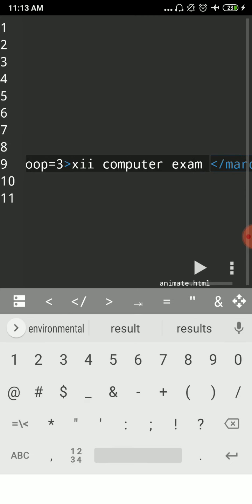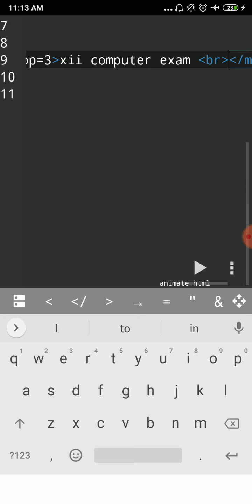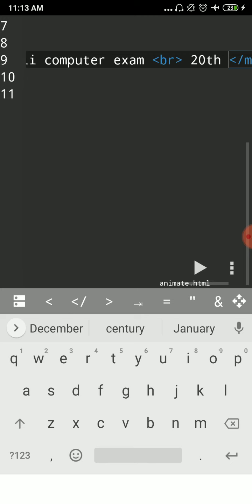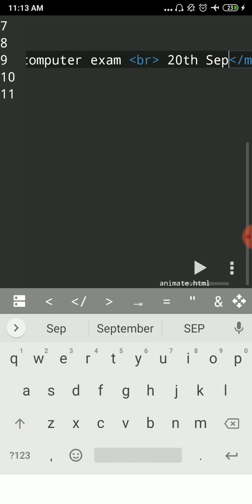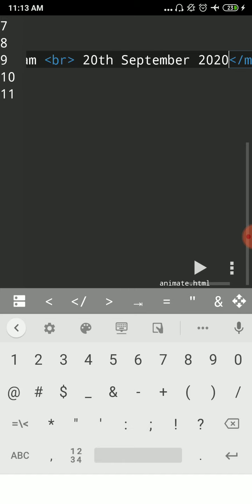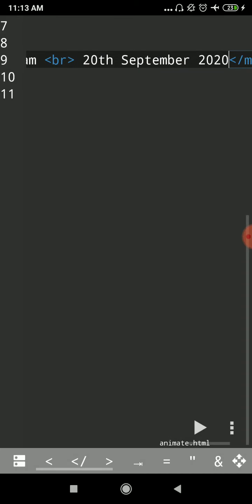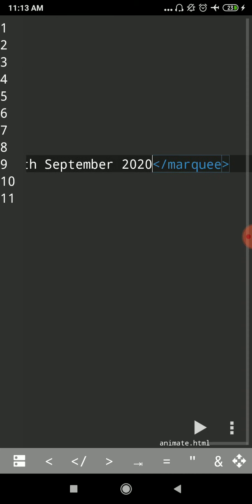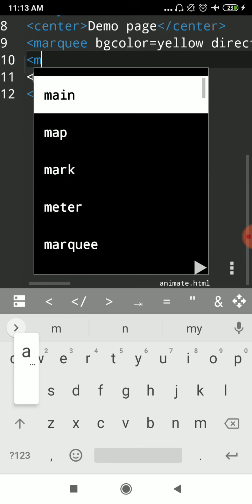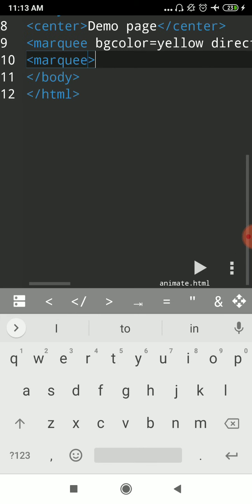I will use the BR tag to break the line and continue the remaining text. 12th commerce computer class, 20th September 2020. Okay, so this is how it is going, and I will include another marquee tag separately for the image.